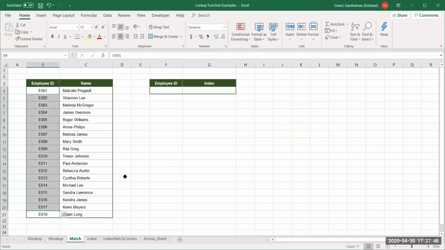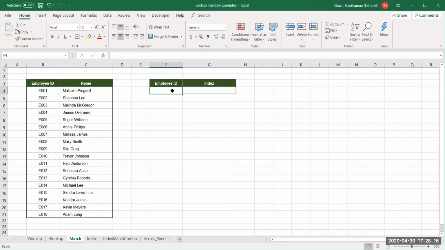For match, there is a restriction: either a single column can be given as an input, or a single row. Match will never accept multiple rows and columns, so not a selection like this. Either you have to select this way, or this way.